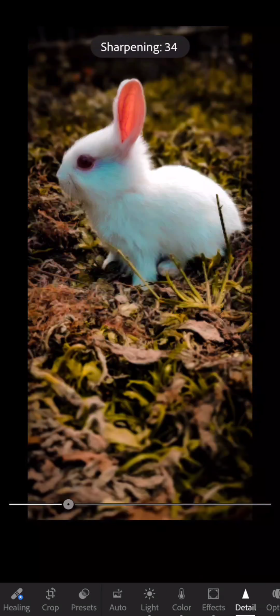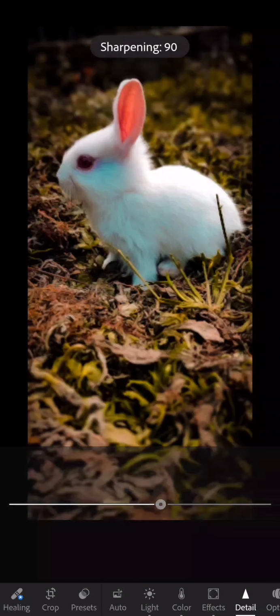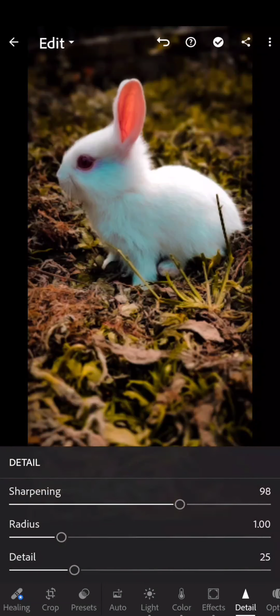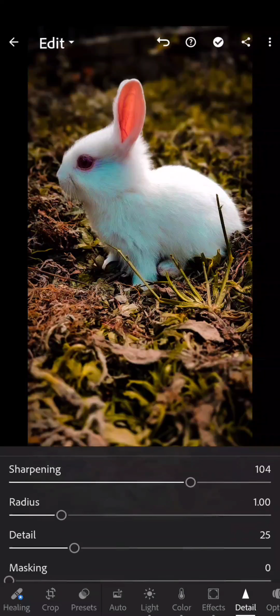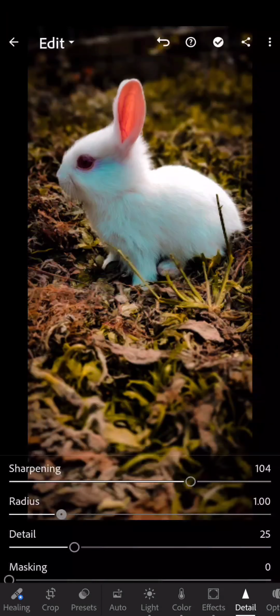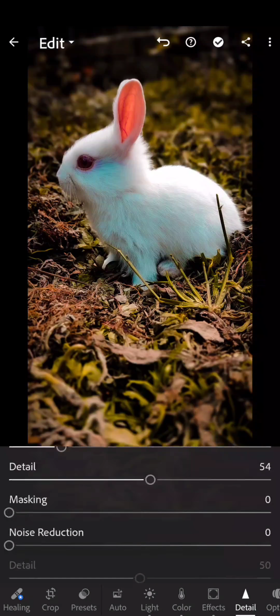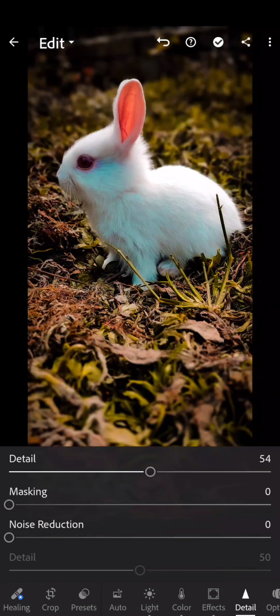Then sharpening should be increased if you need, but I increase it just 93 to 100%, 104. Radius 1%, detail 55%, and noise reduction. Last one is the